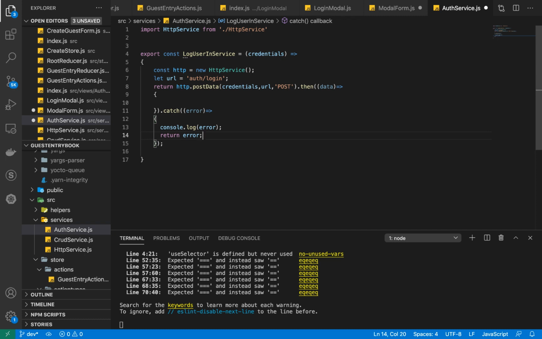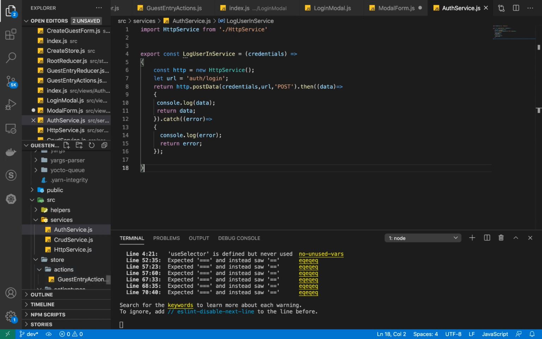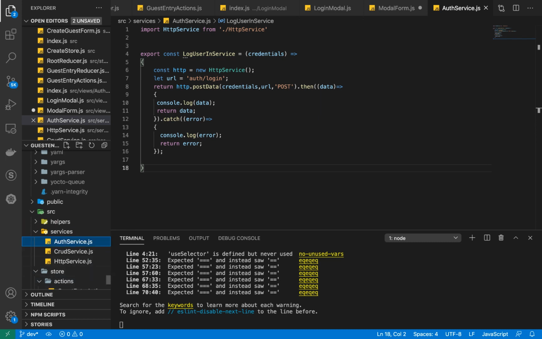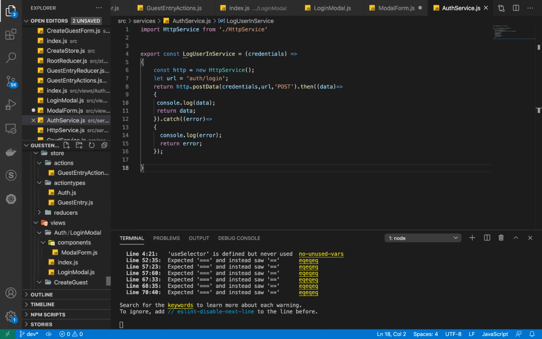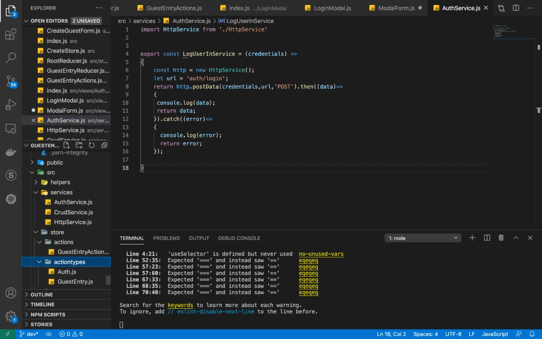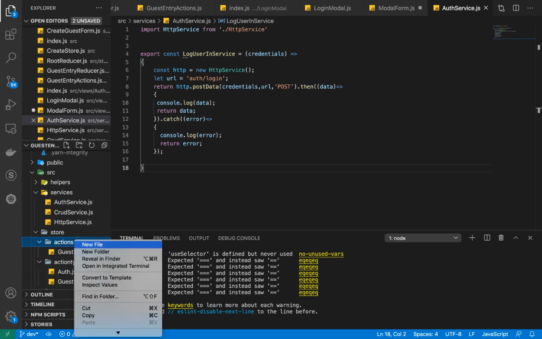Alright, and here I'm also going to log our data response before I return our data response. Okay, so I'm going to save this right now, and then we are also going to head to set up our action. So basically, our login, our auth actions. So I'm going to head over to our actions, and in our actions, I'm going to create a new action here. All right, not action types, but a new action here, and this action is going to be called auth